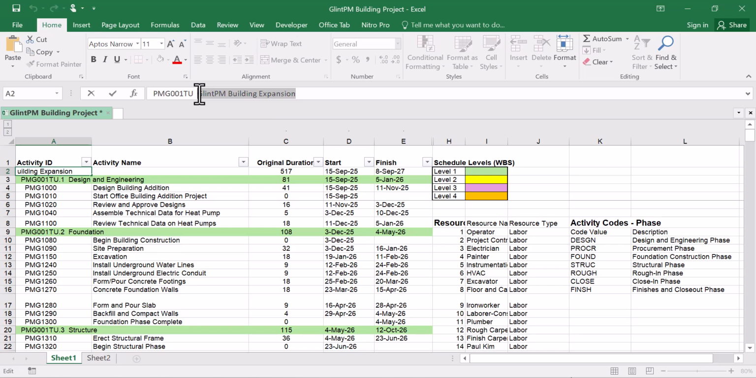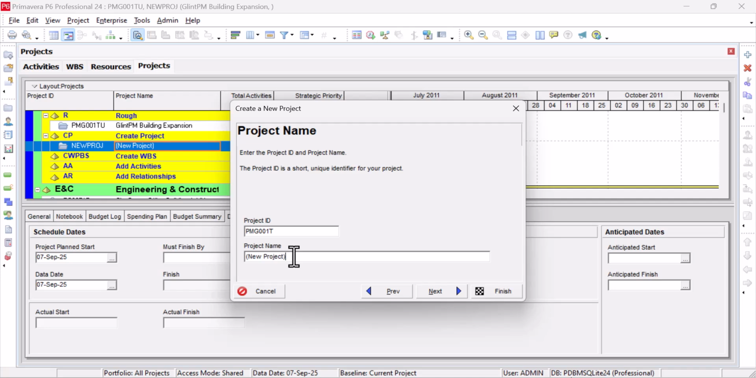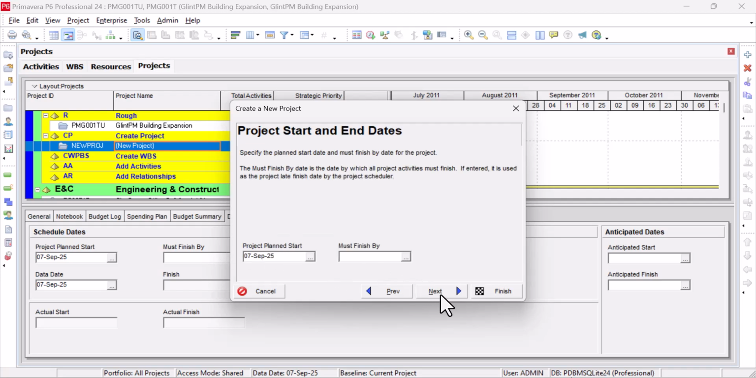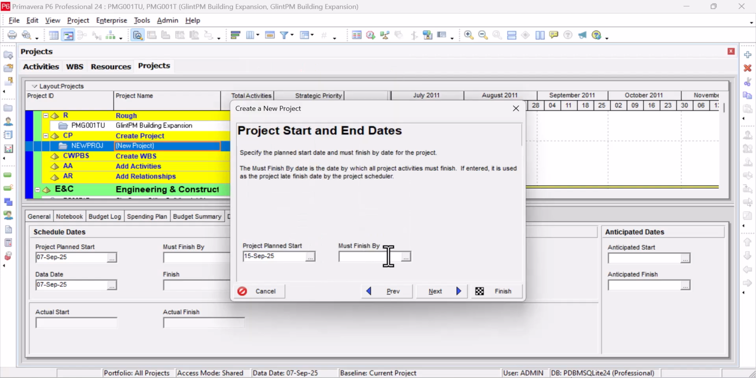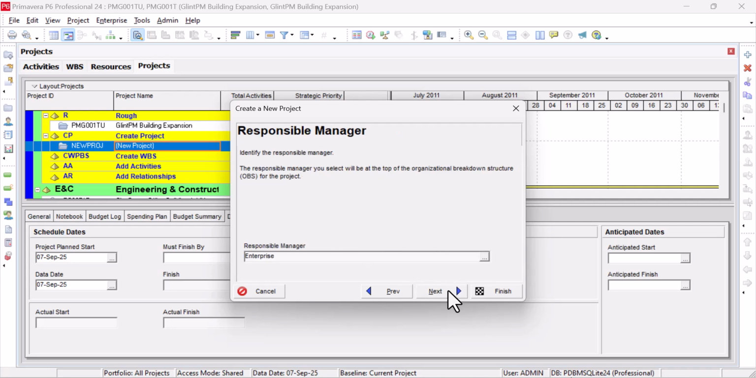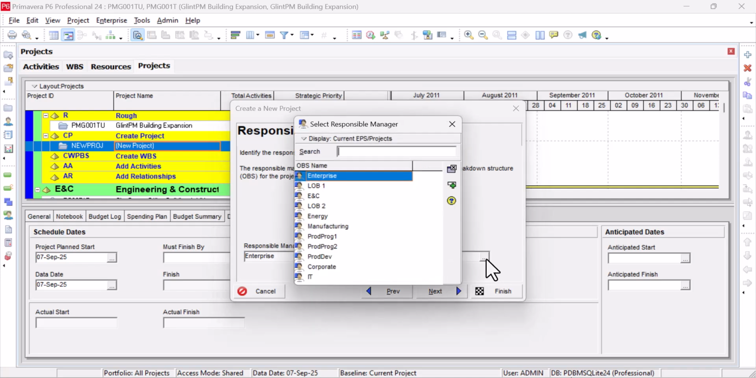I'm going to also copy and paste because I've already prepared all this. So this is going to be the name of the project, or the title of the project. The next thing is the start date for the project. You can also change it from here. The last start date, you can also change it. And next is the